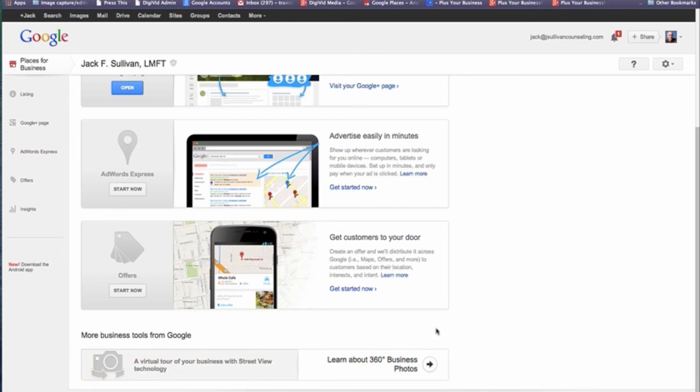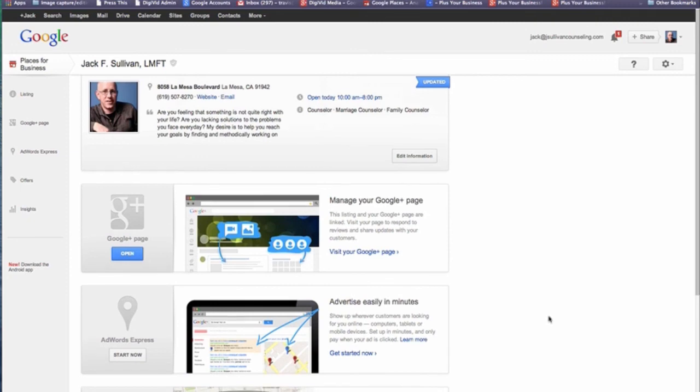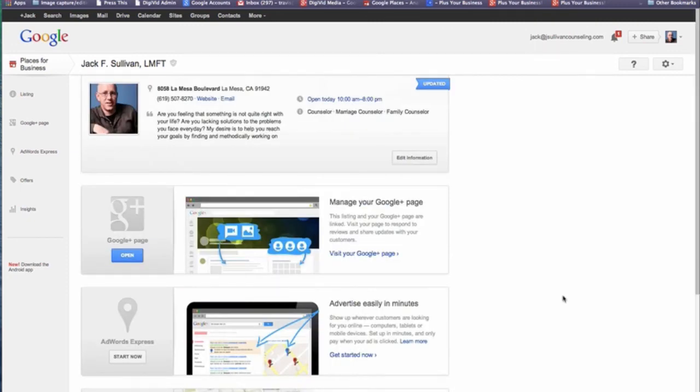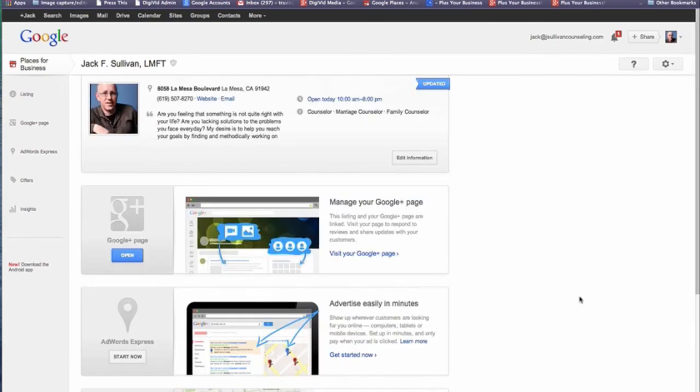Both of these are great to just give your customers a good sense of where you're located and also what the inside of your business looks like. So I'm expecting to see some interesting things in the next few years with what companies do that have a local business where you can set up the 360 business photos. So that pretty much covers the basics of Places for Business inside of Google and how it connects to the outside world and how it connects to your social layer within Google+.